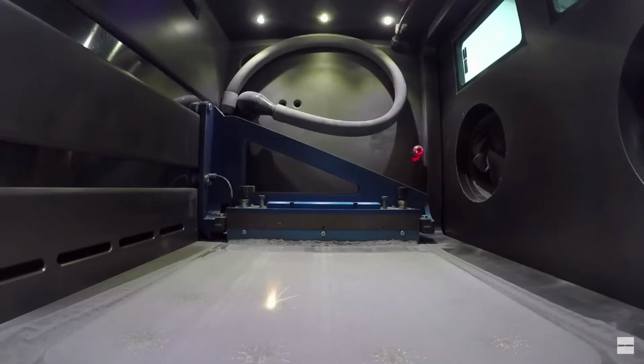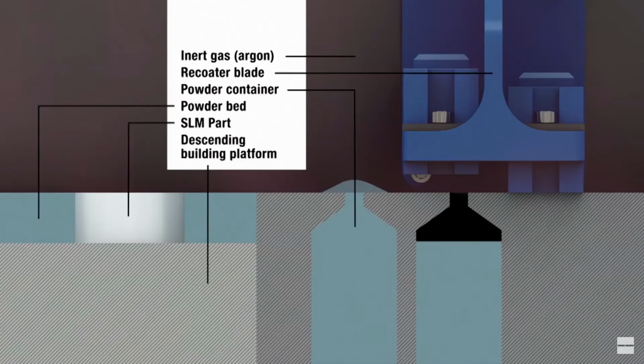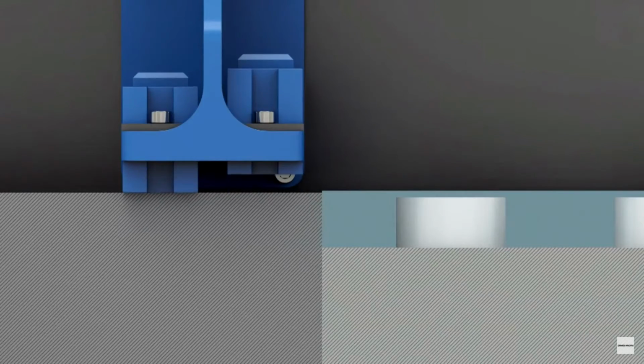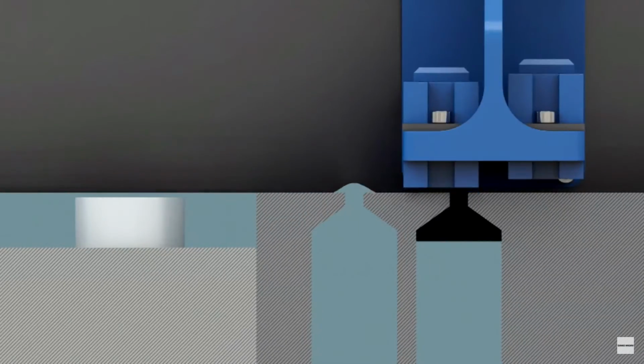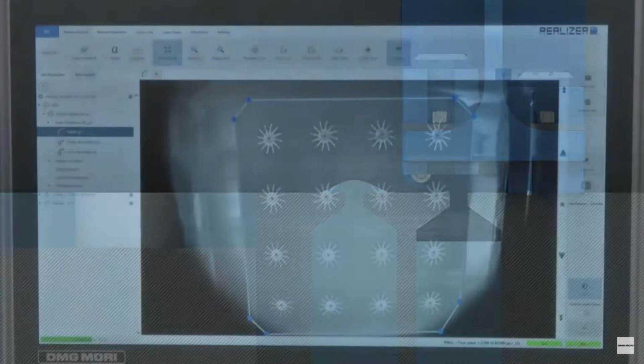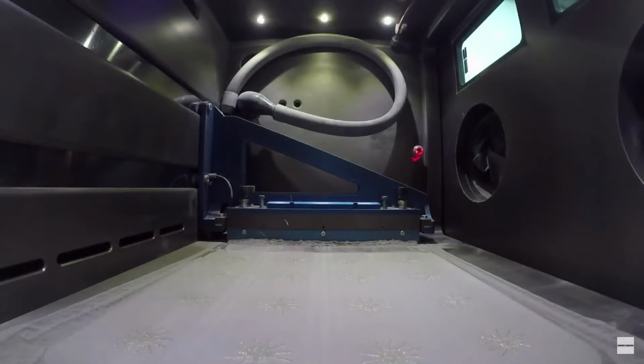So, with this, whatever material you want stays there, everything else outside can be shaken off and reused again. So, that laser is slowly, layer by layer, sintering the parts.